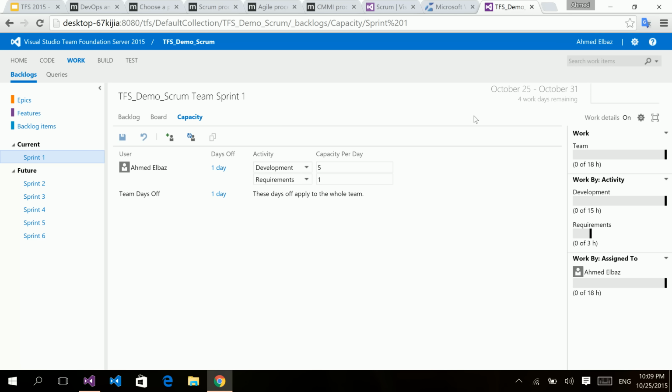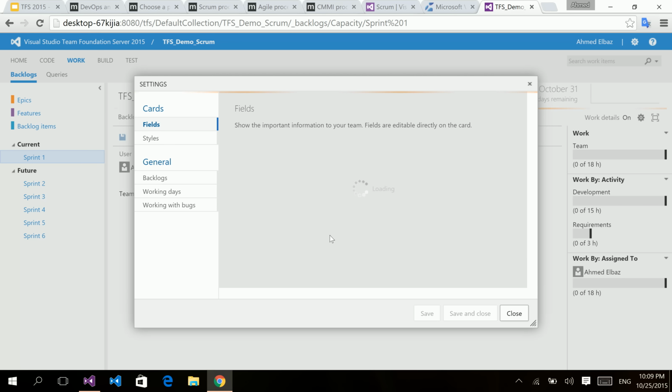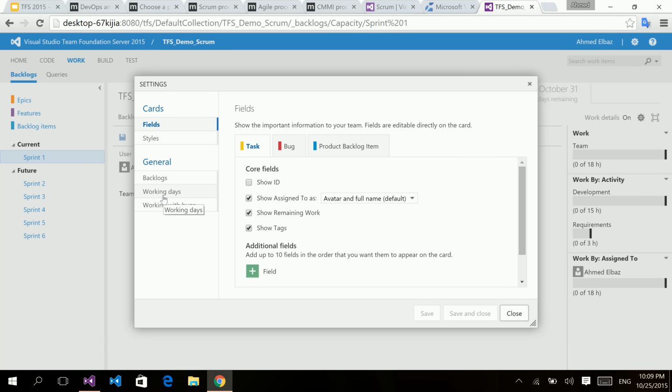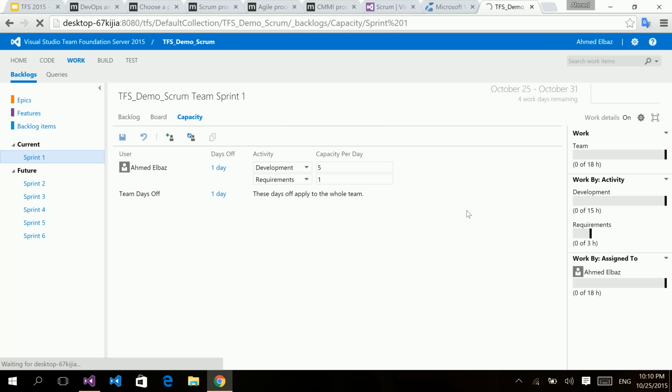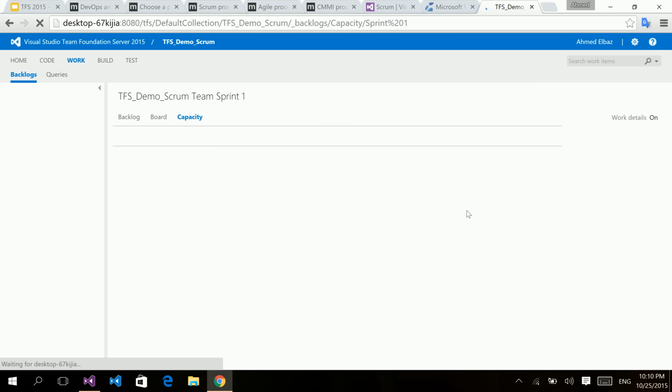One more thing here is the working days. We can specify the off days of each team member and off days for the entire team, and we can also specify which days of the week are off. For example, Fridays off and Saturdays off, and Sunday is a work day, based on your environment or which country you're working in. So you can even specify the work days, so you will have full control over your sprint capacity. After we add some tasks,